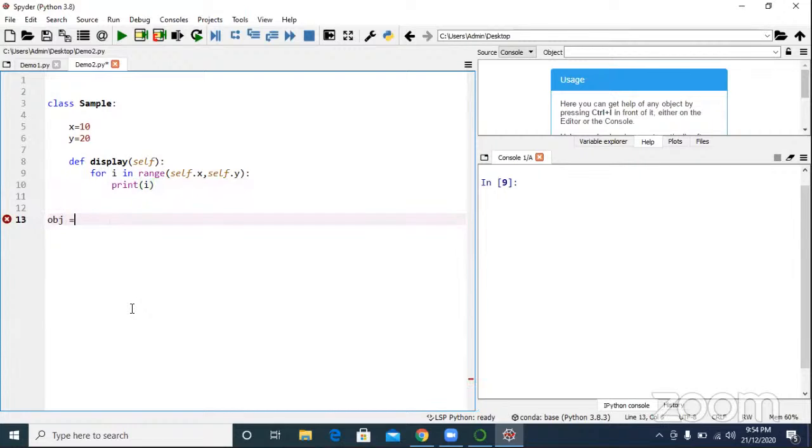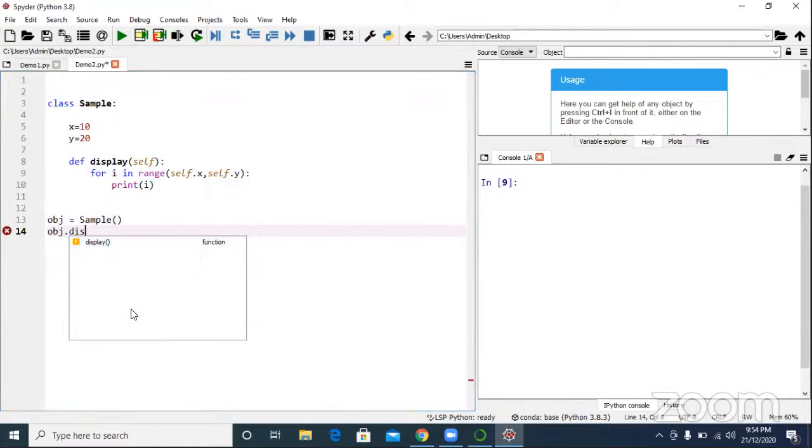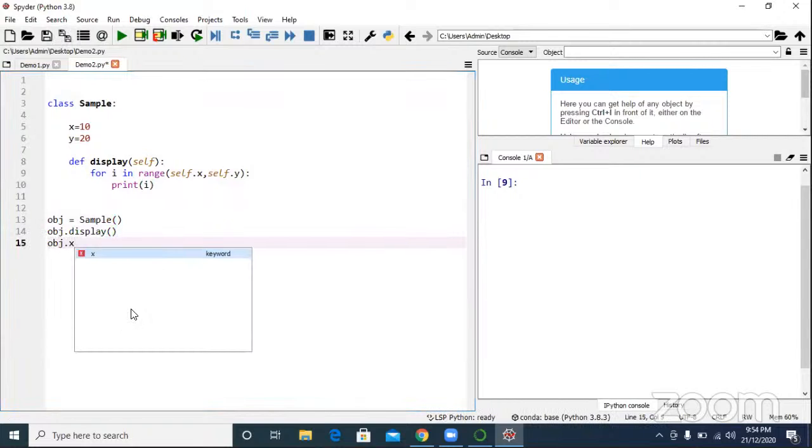Obj equal to Sample. Who is obj? Object. Can I call obj.display? Yes. Can I call obj.x star obj.y?